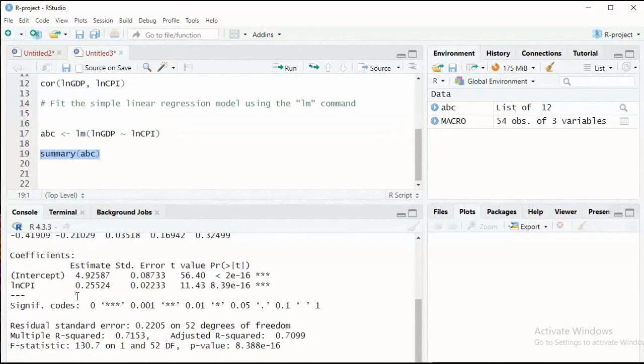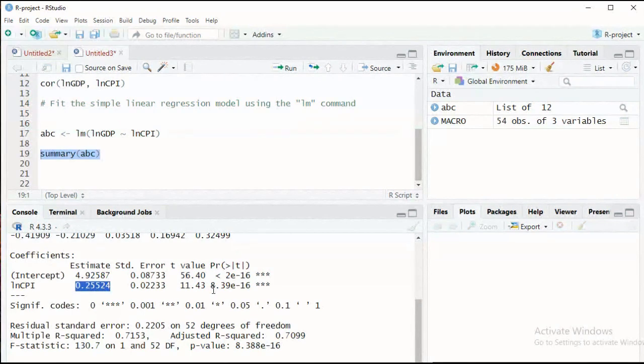Similarly, the estimated result for the model slope, that is a beta parameter, is 0.25524, which is positive, and its t statistic is very large also. That's reported to be 11.43, and its corresponding probability value is almost zero. The estimated value for the slope, that is 0.25524, implies the existence of positive relationship between inflation and economic growth, and that relationship is statistically very, very significant because